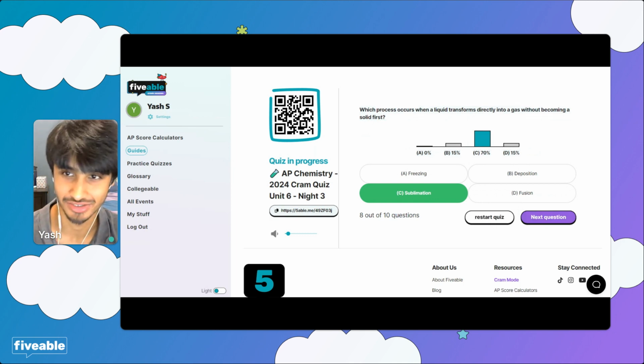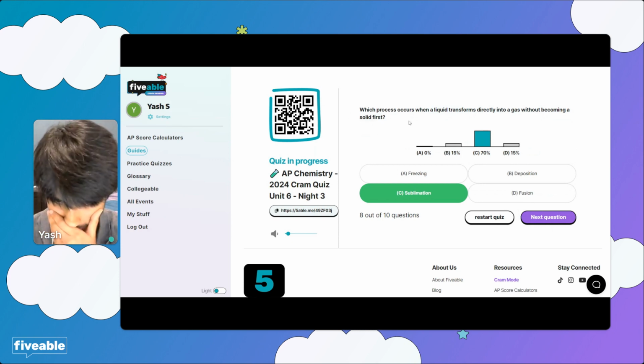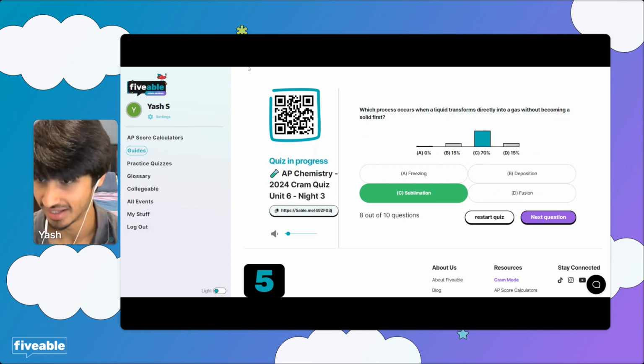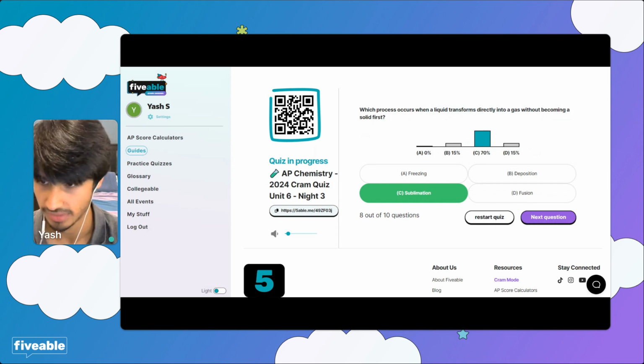Let's imagine it said solid transforms directly into a gas without becoming a liquid first. Yeah, it is. You're right. I don't know the questions. I don't know how they're made exactly. It's just compiled by unit. I'm not sure how the questions are made. Okay,